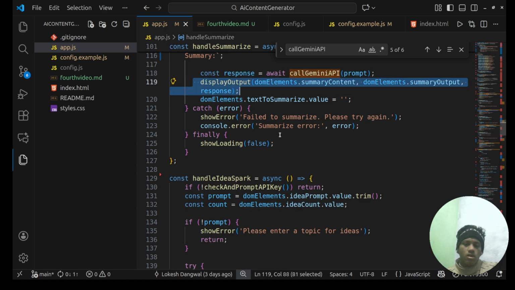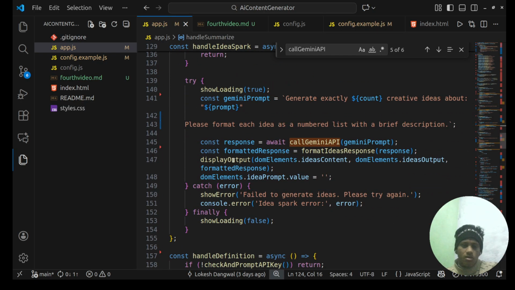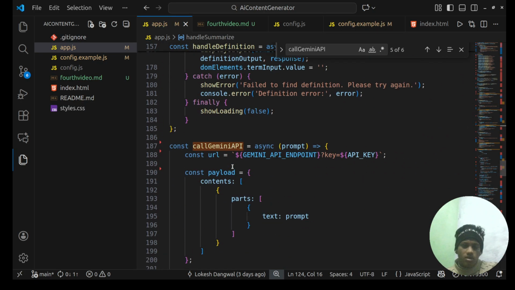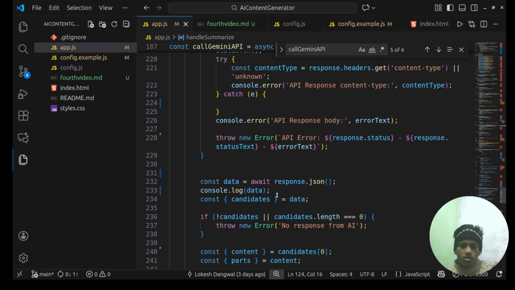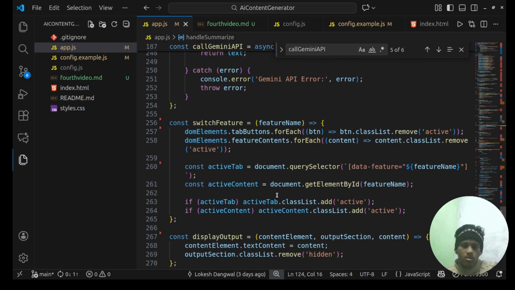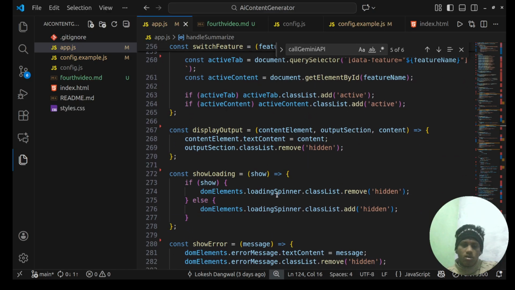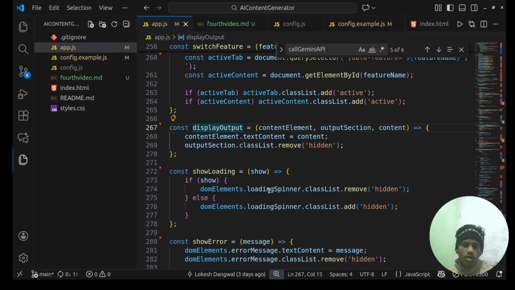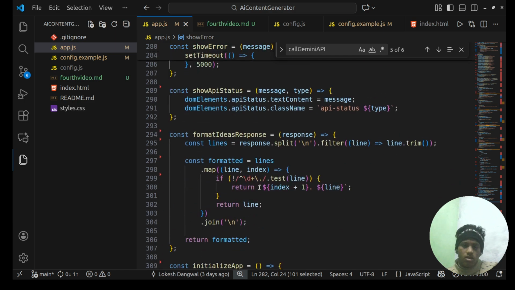All of this we covered in a previous video. Here is the display output, here is the show loading function with if else, and here is the show error.